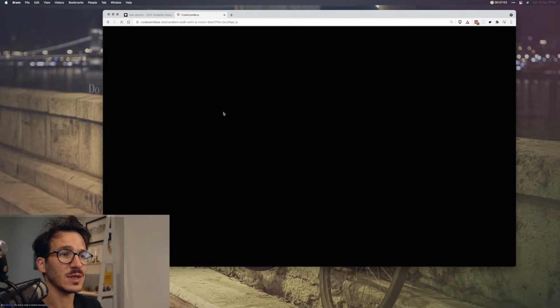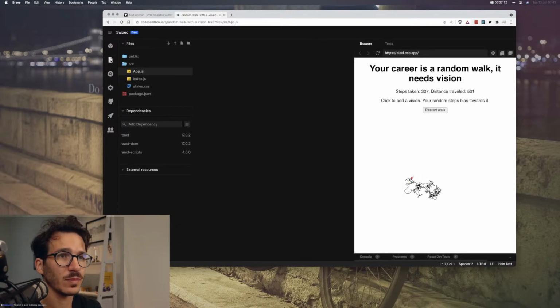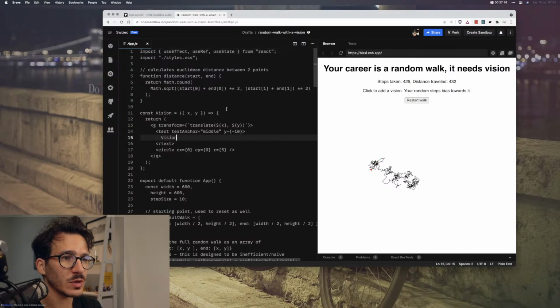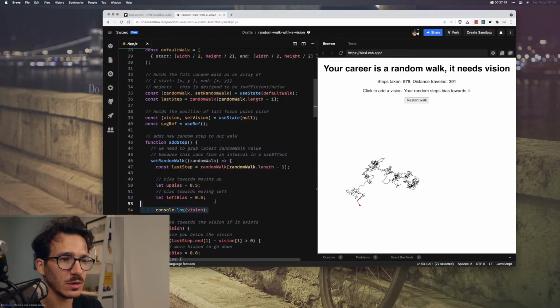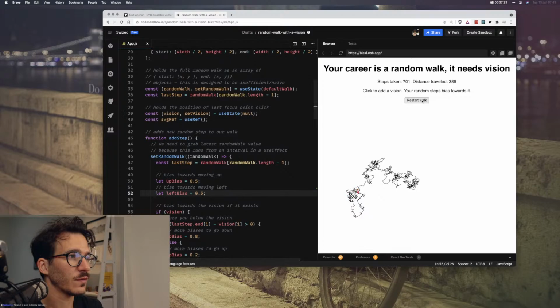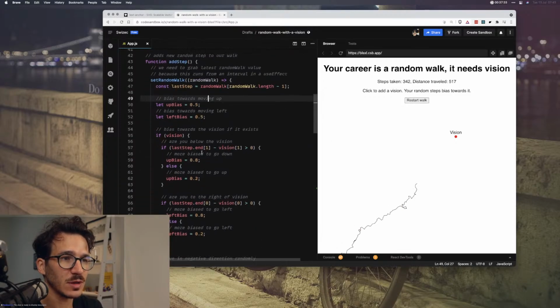So we're going in exactly the wrong direction when there's a vision. So we're going to fix that. Okay, the computer's starting to struggle. Kill the console log. Die, console log, die. Okay. So if I restart the walk, you start walking in the exact opposite direction because I got these things wrong.